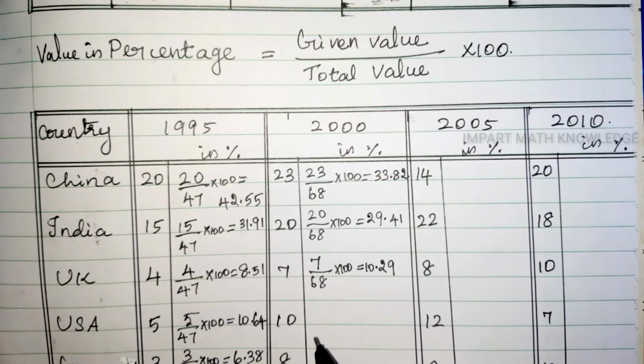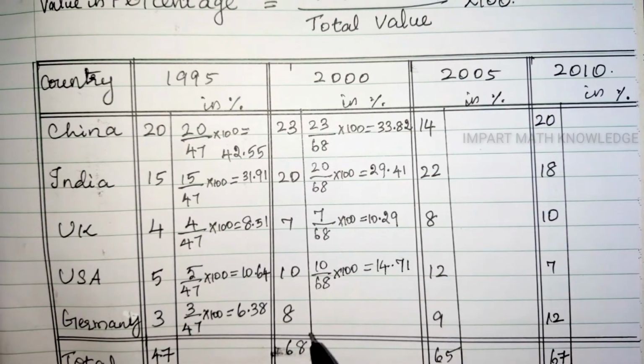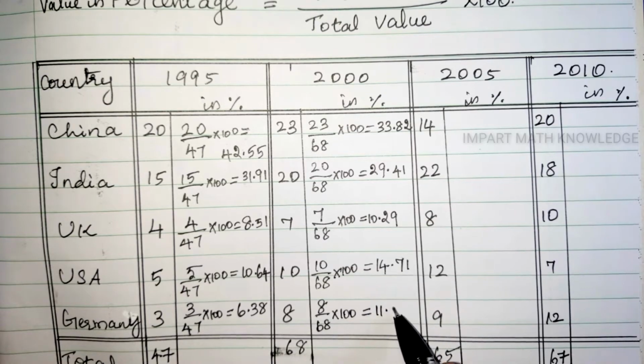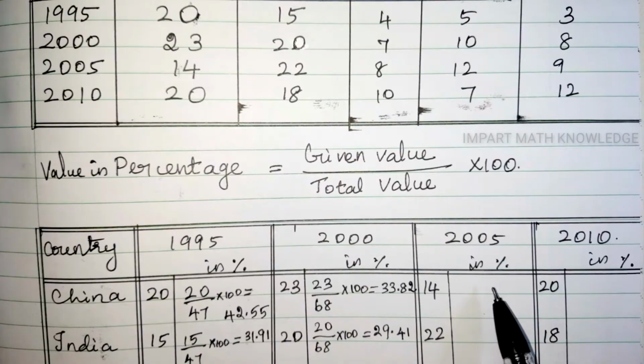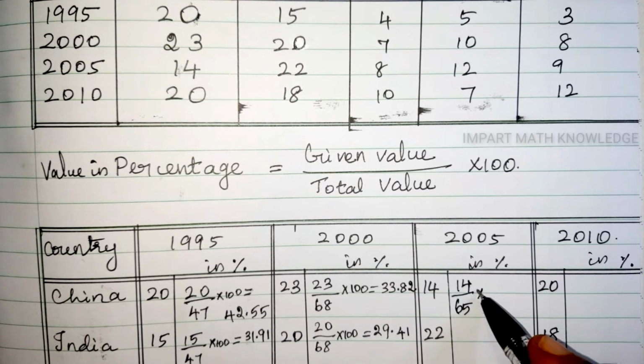10.29. The birth rate for USA is 10 divided by total into 100, that is 14.71. And for Germany, 8 divided by 68 into 100 is 11.76. In the year 2005, the birth rate for China is 14. 14 divided by total into 100 is